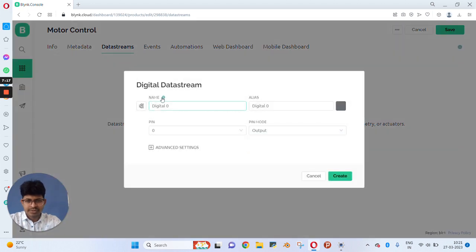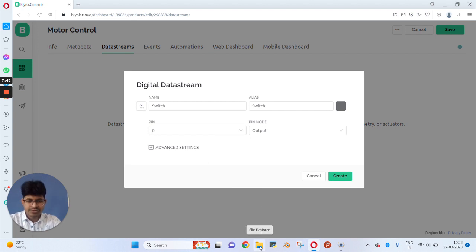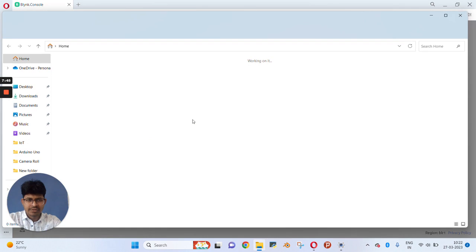Here you can give a name for your data stream. By default I will use switch here. So you can assign any name. Here I will use pin 0 by default. You can use any pin. According to that you have to choose the pin, because I have used the D3 pin for our NodeMCU